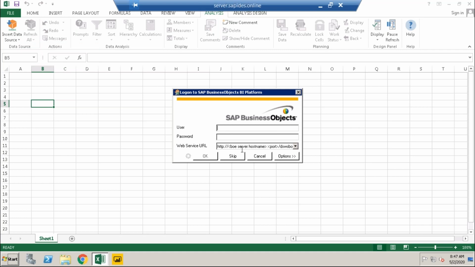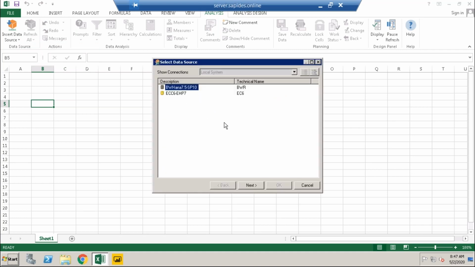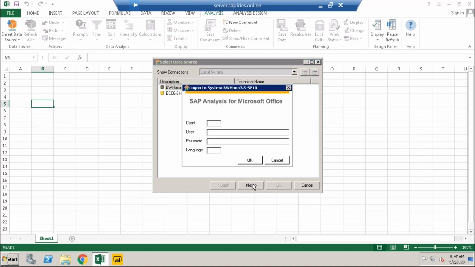Okay. So select data source from Analysis for Office. I'll select some BW system. I'll take the HANA system.